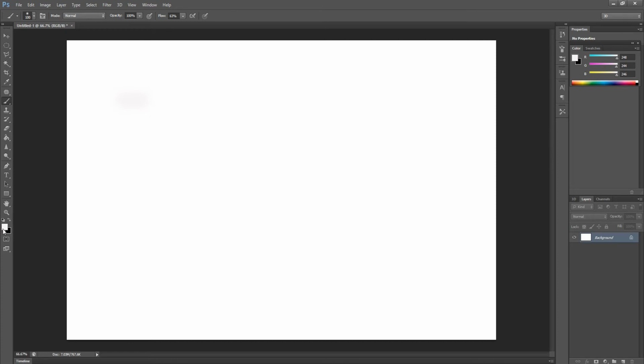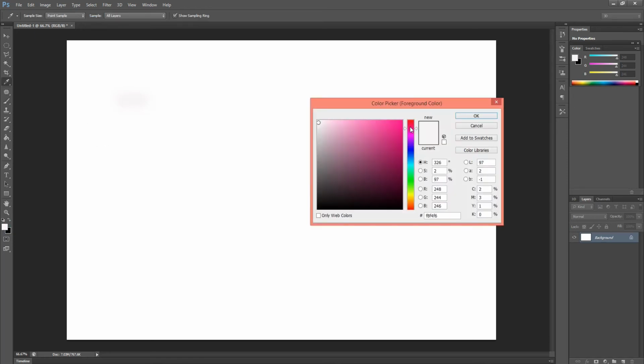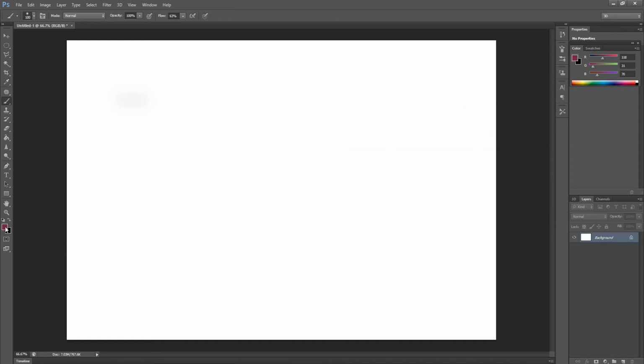Select the color from here. It's very important. We have the white color. It's white on white, it's not visible, so we'll change the color. Maybe we'll take some color from here. We'll take the brown color, then press OK. The foreground color is valid for the brush. When we draw anything, the foreground color is applied on the brush.